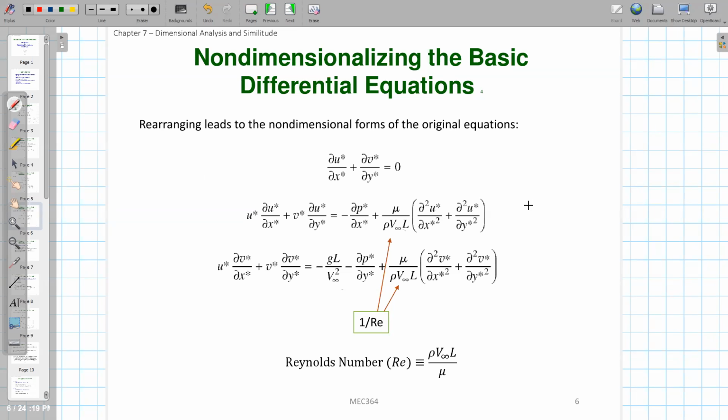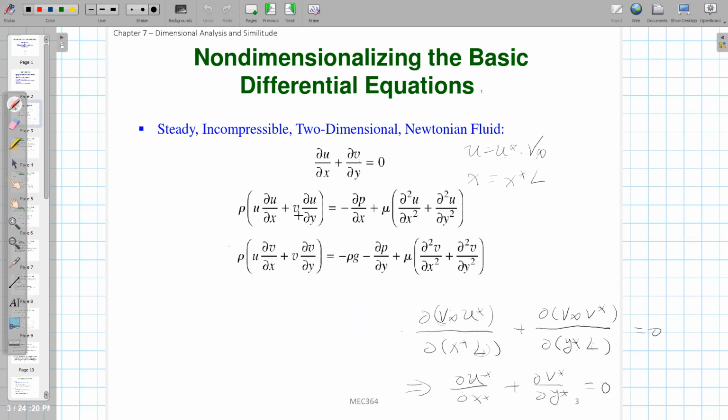Okay, and so what's the advantage of doing that, right? You may be asking why we need to do this. You can see the reason from this momentum equation here, because the continuity equation is very simple. After you change it from dimensional to non-dimensional, it's actually the same form. But for the momentum equation, if you look at this x direction momentum equation, this is the same as before, this is the same as before, this is the same as before. What we had before is this form, same here, same here, same here. But when you take a look at this viscosity term,